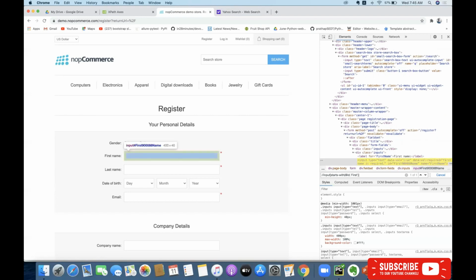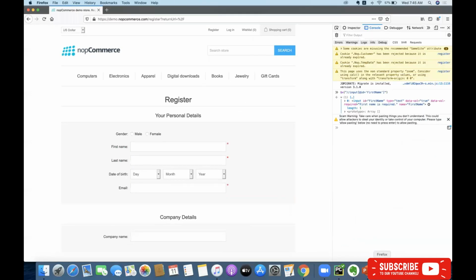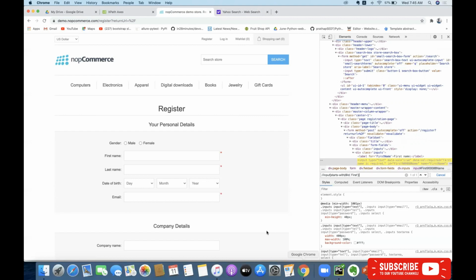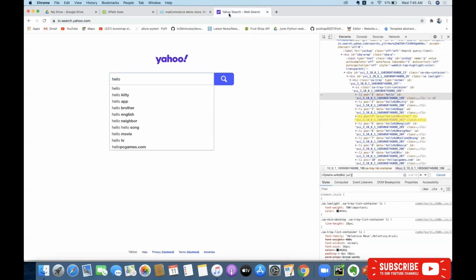Now see here, I got a single element, whereas in this case I got multiple elements. So it depends upon the element identification whether you are going to get a single element or multiple elements. Starts with can give a single element as well as multiple elements from the application.